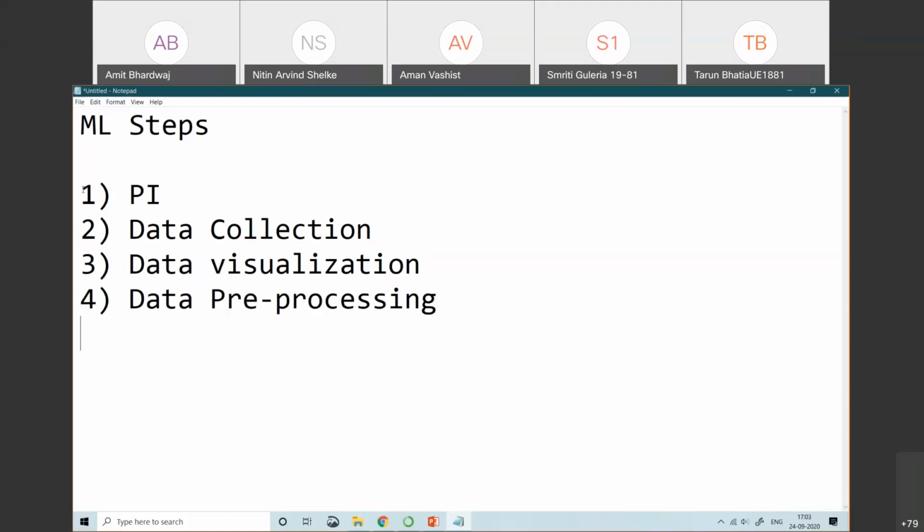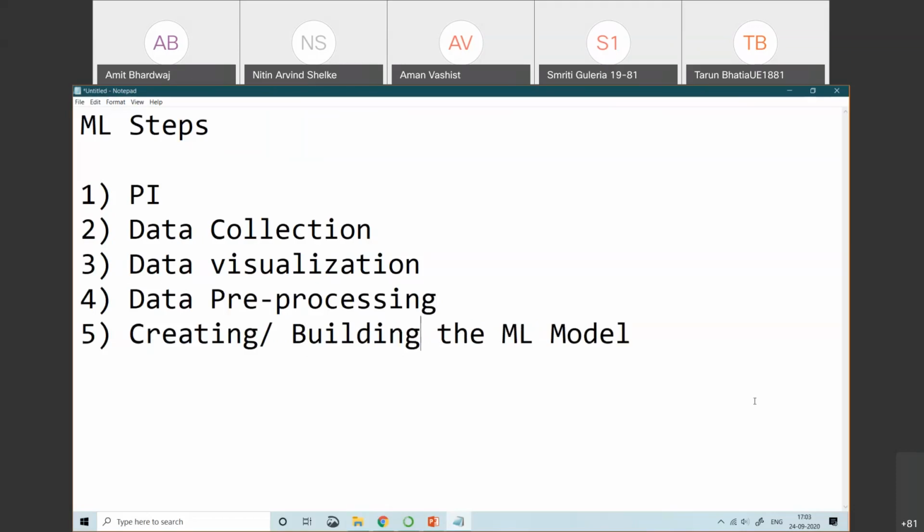Okay, and after that the step is creating the ML model, or building the machine learning model, and that model should be built on the trained data set.